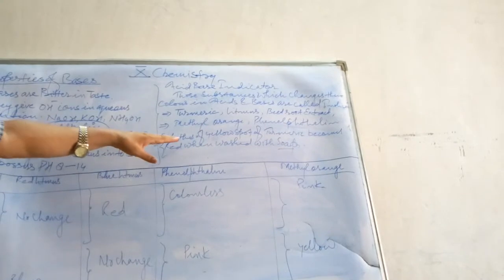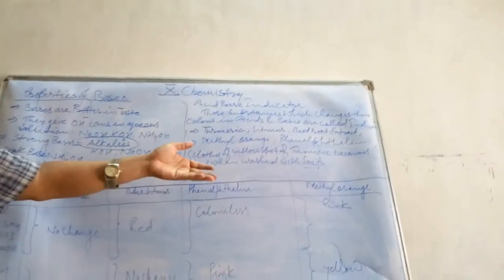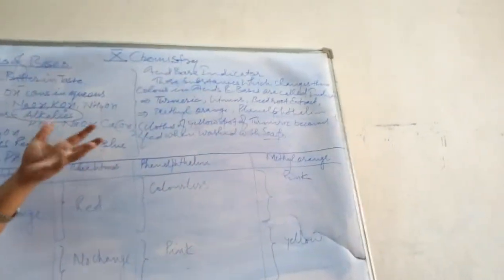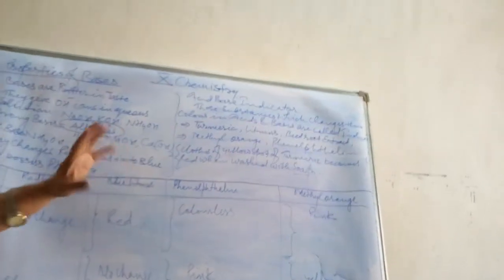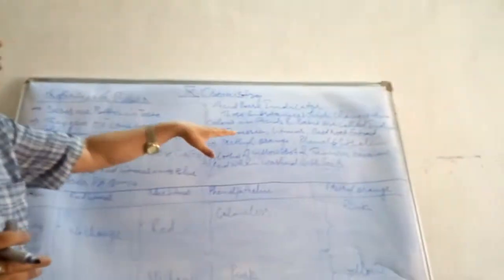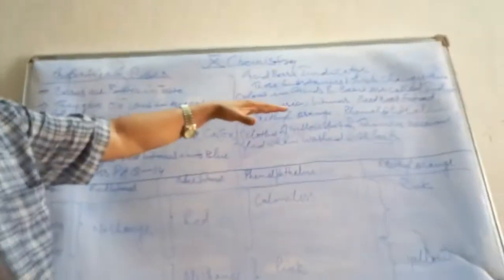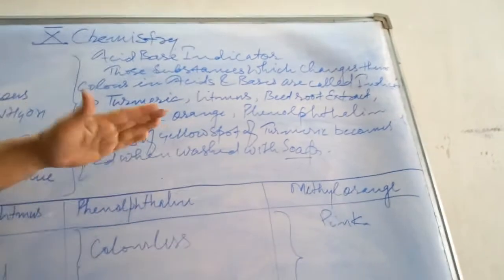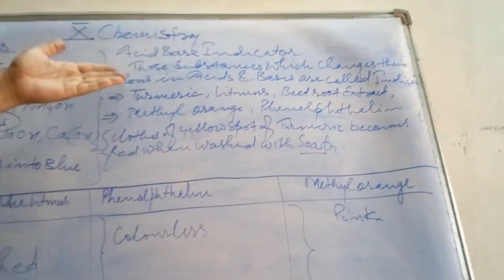Children, when clothes with a yellow spot of turmeric you wash with soap, it goes to red color. ना. आप किसी शादी बारात में दावत खाते हो, मसाले गिरा लेते हो सफ़ेद शर्ट पे, पीला लग जाता है कलर और फिर जब मम्मी उसे धोती है तो वो रेड कलर हो जाता है. फिर आप कोई अच्छे डिटर्जेंट की दौड़ में जाते हो, फिर उसे यूज़ करते हो तो सही होता है. So turmeric, the color of turmeric goes yellow to red due to its indicator nature.